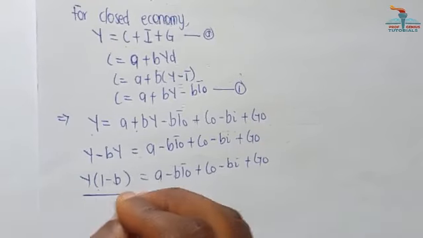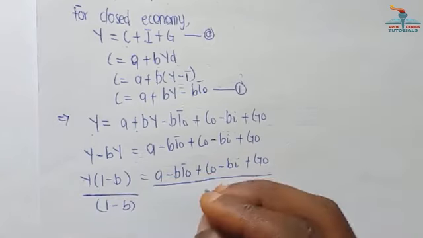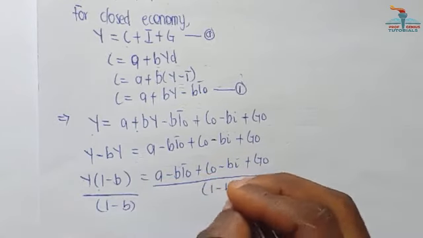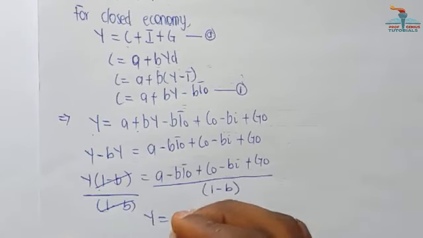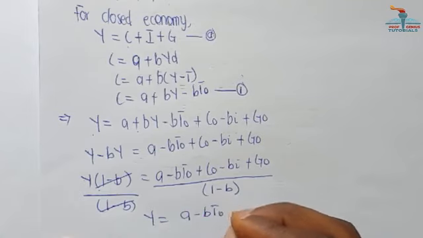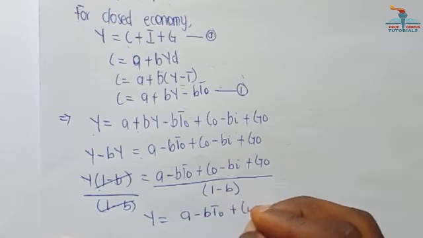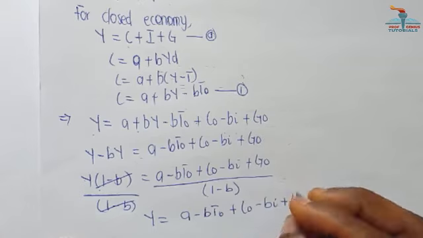We divide here by 1 minus b, and the whole of this also by 1 minus b. This one is going to cancel this. So Y is equal to A minus BT naught plus C naught minus BI then plus G naught all over